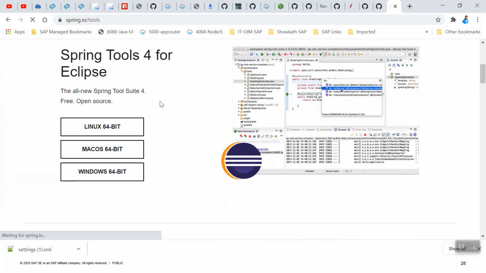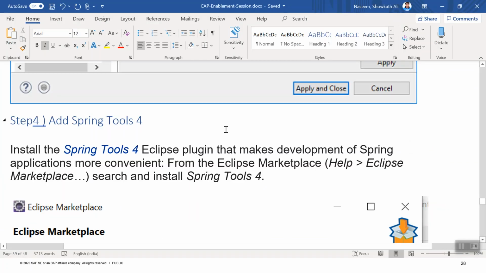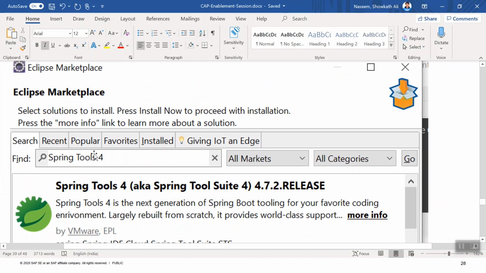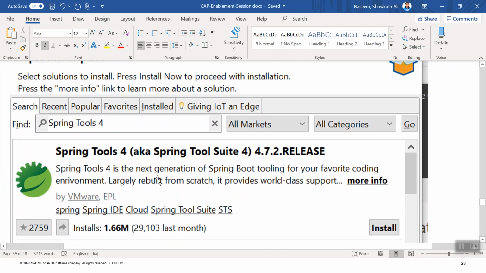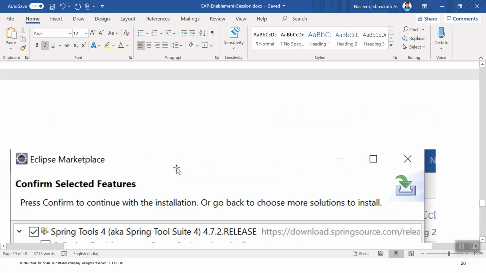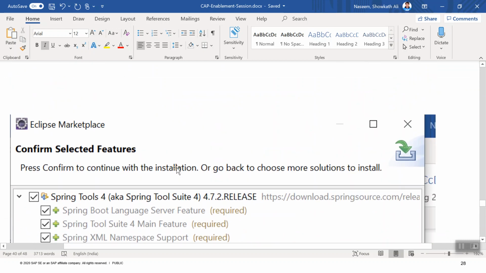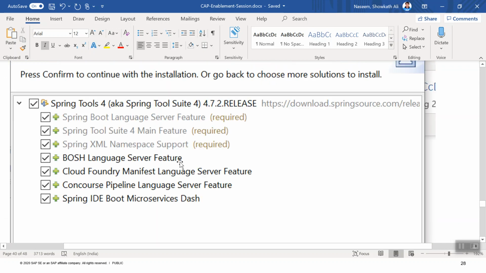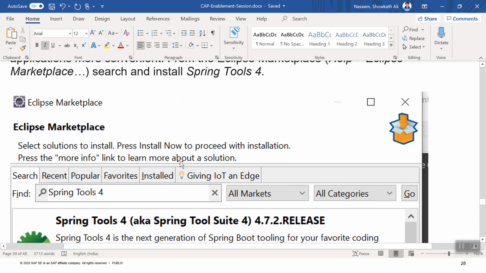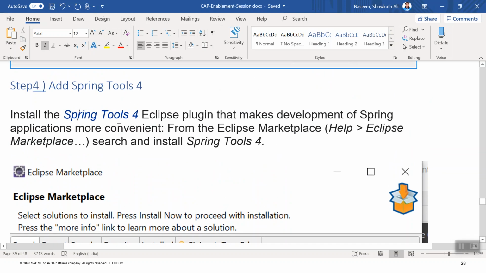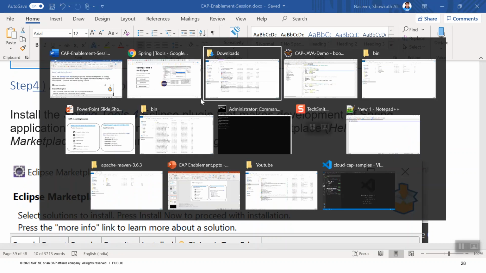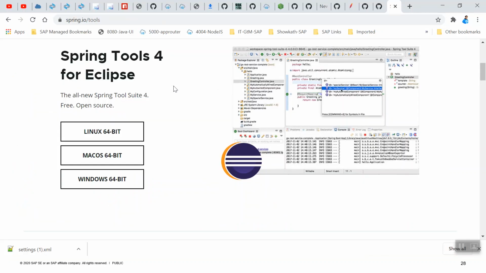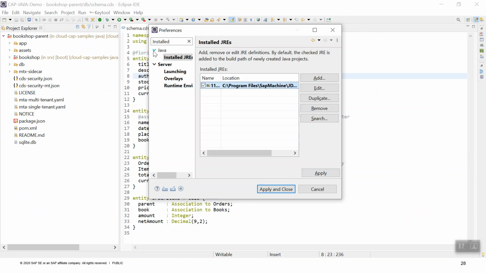Yeah, for Eclipse you can install from the marketplace. Also go to Eclipse and install the Spring tools. So there are two ways: either go to download from here, or you can go to Windows,